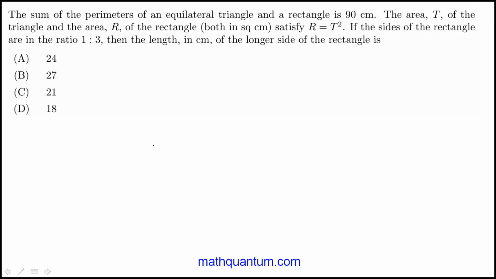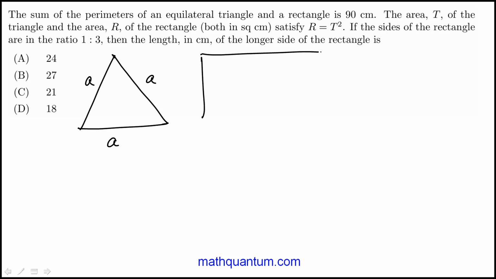So this question is really just about some ugly algebra and then made up equations and conditions. So it's all about how comfortable you are as far as writing the areas and perimeters. So if this is our equilateral triangle, each side a, and then we have this rectangle, let's call it L and W. We're told that the sum of the perimeters, which would be 3a for the equilateral triangle, 2L plus 2W,